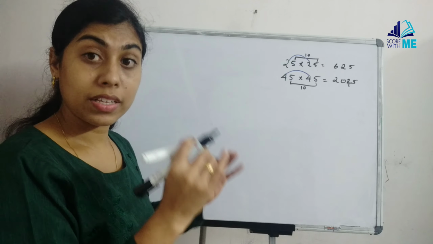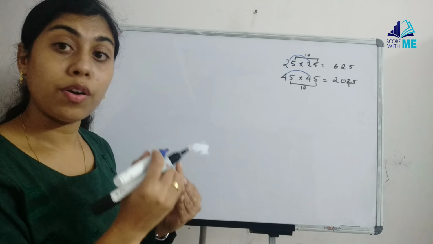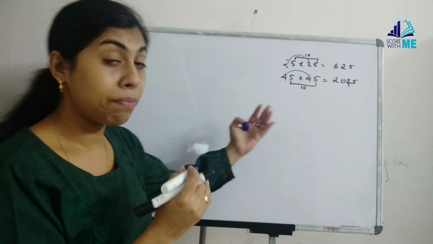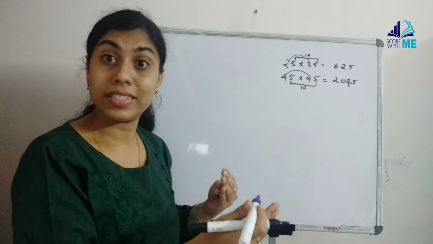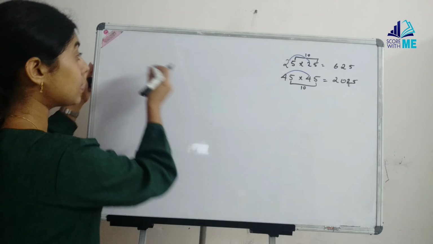So this gives us a set of numbers which can follow the same pattern other than the numbers ending in 5. So here, if the numbers are not ending in 5, we still have certain sets of numbers that can give us 10 as the sum. So we'll see such numbers.